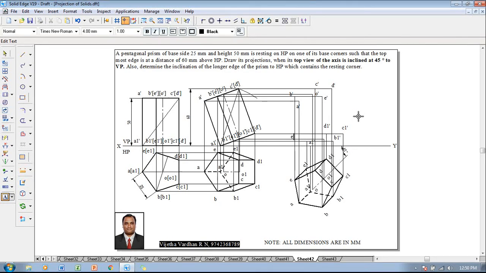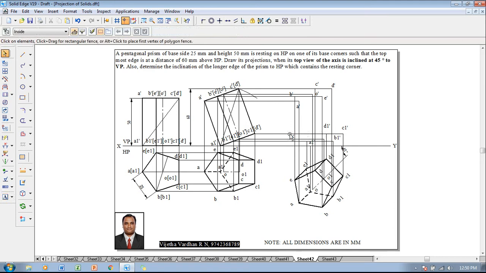So in the top view, the top face, we have done some small mistakes. Now let me show you what that mistake is. I am going to correct it. So this is going to be E1 dash. So B dash is this one, E dash is this one. This sort of mistake may happen in the examination also. Please be careful guys. That's why patience is very important here.